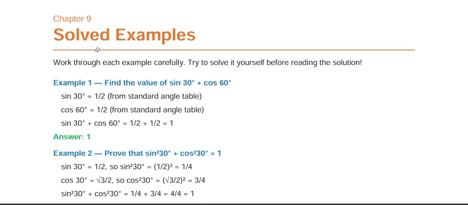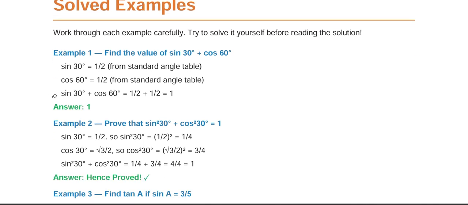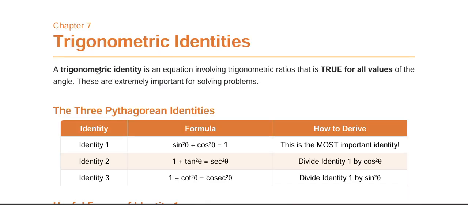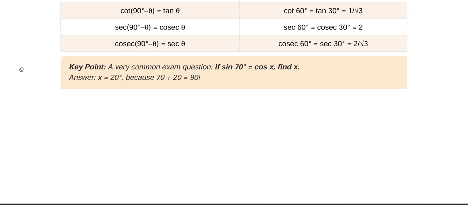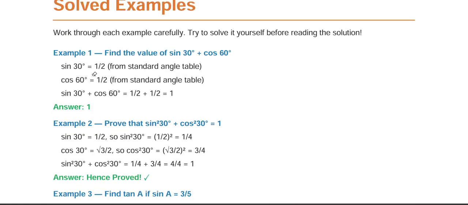In chapter 9, we'll study some solved examples, walking through each example carefully. Let's see example 1. What is it saying? Find the value of sin 30 degree plus cos 60 degree. Sin 30 degree is equal to 1 by 2 and cos 60 degree is equal to 1 by 2. Where does it come from? From the standard table given previously. Now we'll directly use this. Sin 30 degree plus cos 60 degree is equal to 1 by 2 plus 1 by 2 is equal to